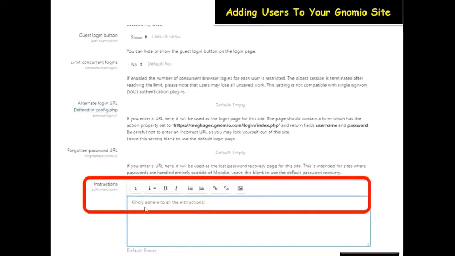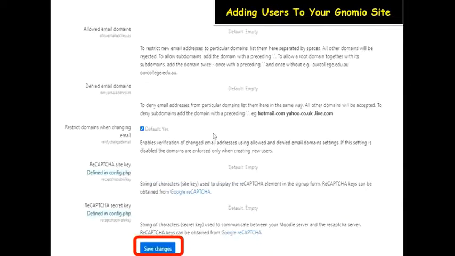You may tweak this the way you want, and this is going to appear on the portal where the students are going to register. You keep scrolling down till you see a box which says save changes, and you can hit on save changes.